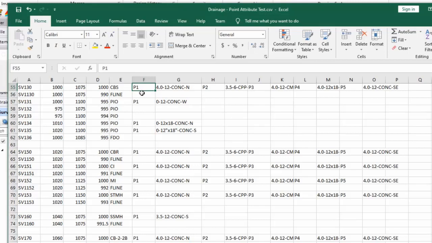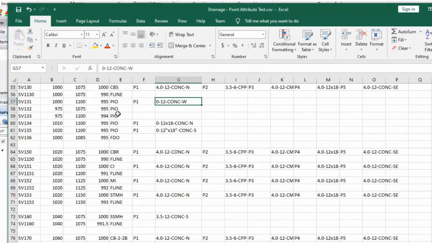And for each of the pipe attributes, the format is the dip, size, material, direction. So the dip is just the depth down to the invert of the pipe, subtracted off the elevation of the structure itself. So below that, I've got a flow line point. I just put it 10 feet down for testing. So that's the bottom of the drainage structure. And then I have some pipe inlets or outlets. So on that particular field code, there's only one attribute for P1, and then there are its values for its dip, size, material, and direction. And since this is on the outlet of a pipe and it was taken at the invert, the dip is 0.